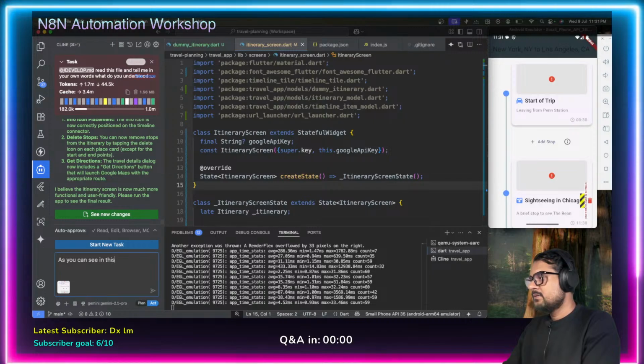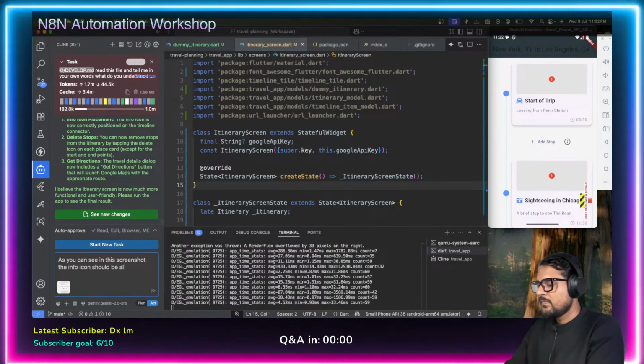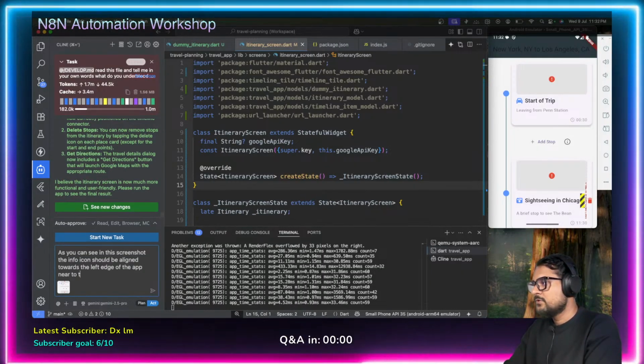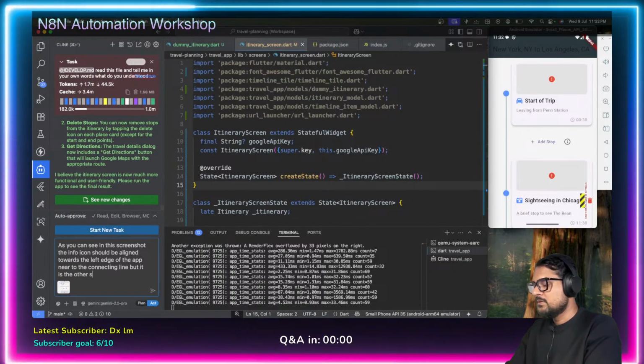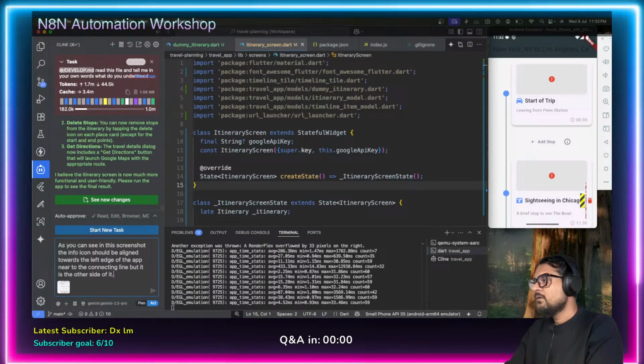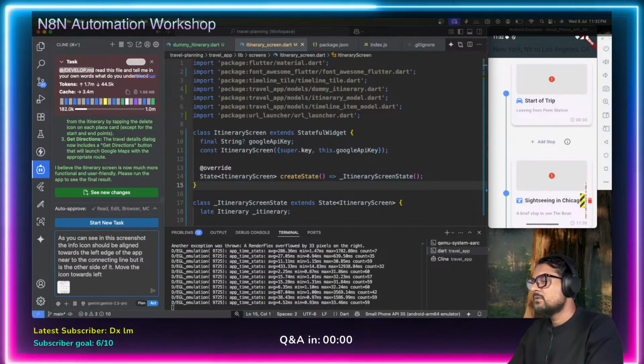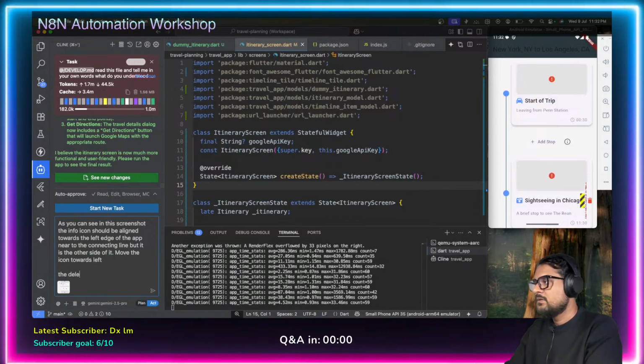As you can see in this screenshot, the info icon should be aligned towards the left edge of the app, near the connecting line, but it is on the other side of it. Then move the icon towards left. Okay, and yeah, the delete icon